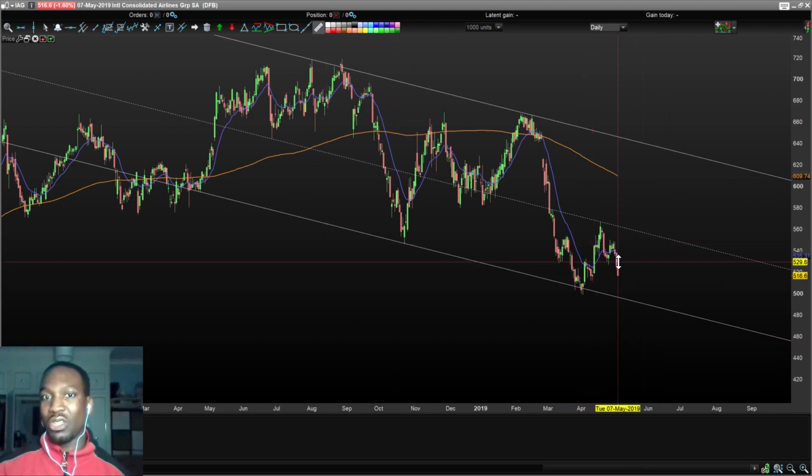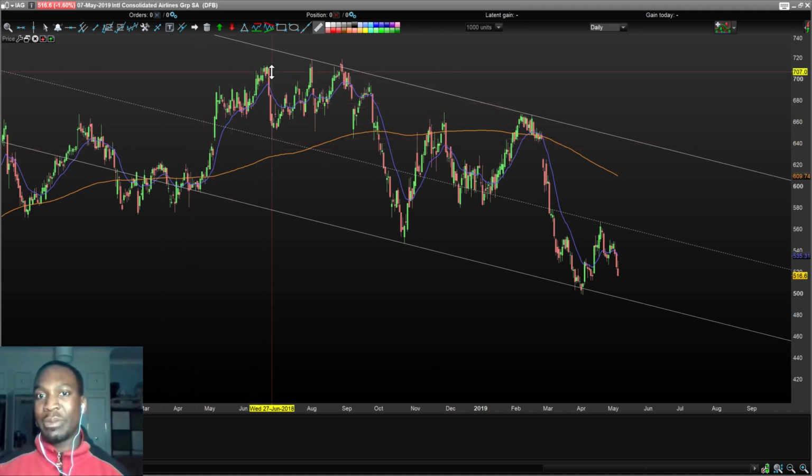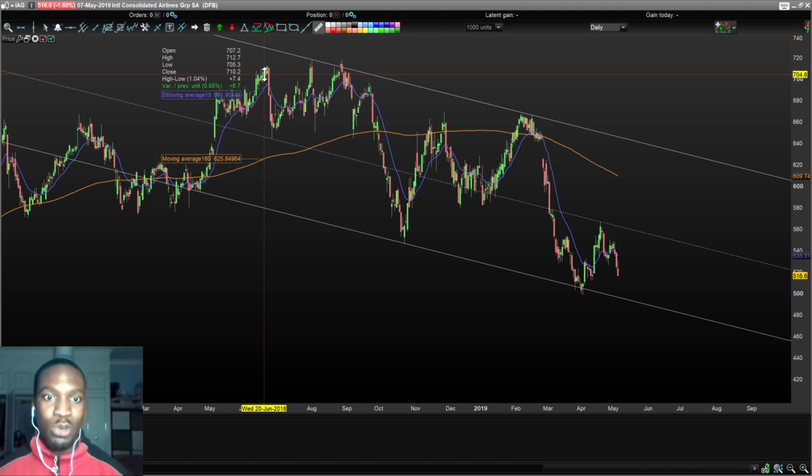I entered this position as a short position, and I thought it would be better to enter a short position than a long position right now, because if you look at the major indices, the DAX, the Dow Jones, the FTSE, all of them have been selling off, and I like to go in the direction most of the time of where the trend of the market is going, rather than going counter flow, because you're fighting the flow of the market. So what I mean by that is, if the DAX, the Dow Jones, and the FTSE are all selling off, that means